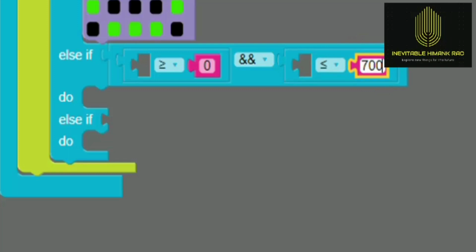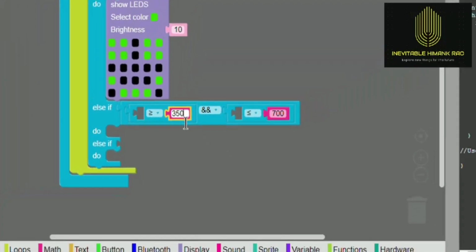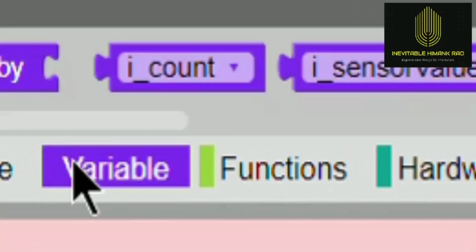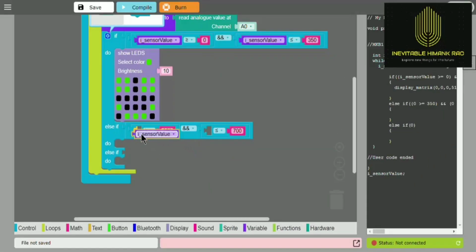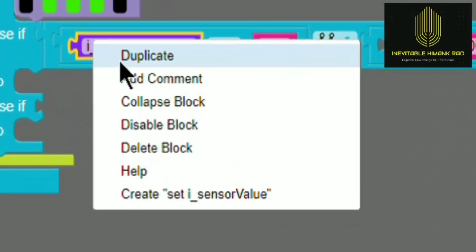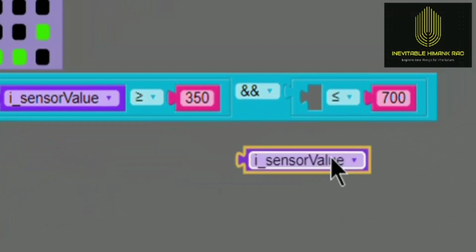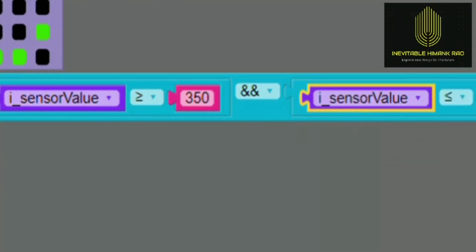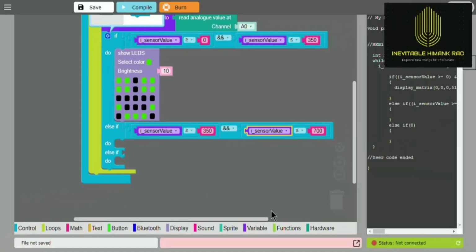Now change the second block's value to 700 and change the first block's value to 350. After that, click on variable and drag I sensor value on the left side of the lesser than option. Now right click on it and click on duplicate. Now take the duplicated option on the left side of the greater than option.